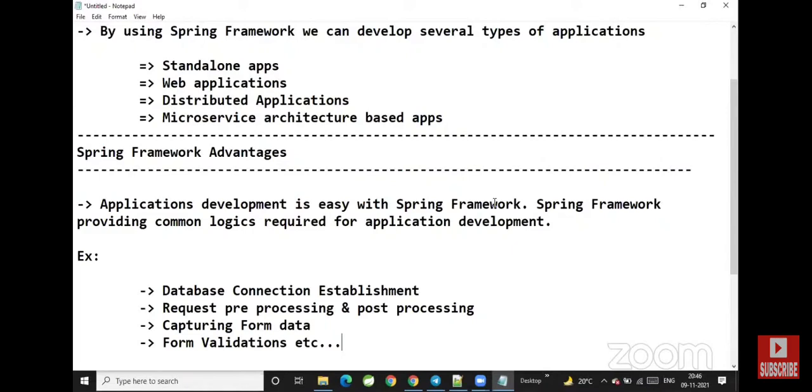When you register in one application, like a Facebook registration, IRCTC registration, whatever, in any application, a registration form will be available. Whenever you do the registration, in the backend we have to capture that form data. And when the user tries to submit the form with incorrect, invalid data, we need to perform validations.